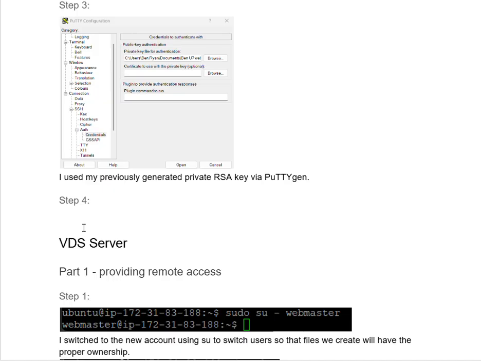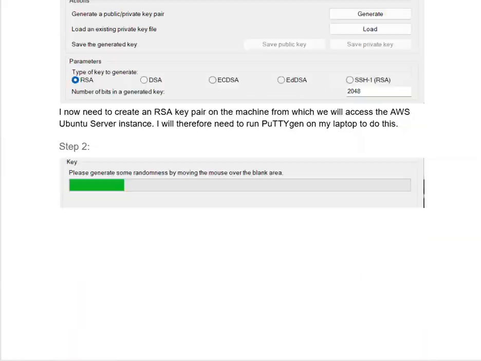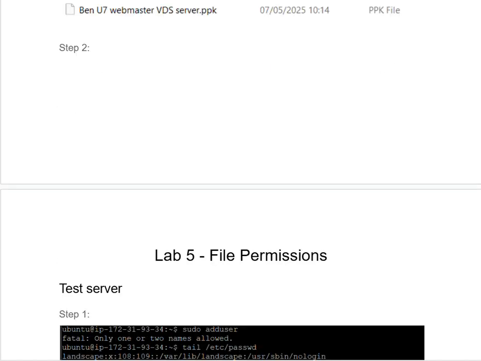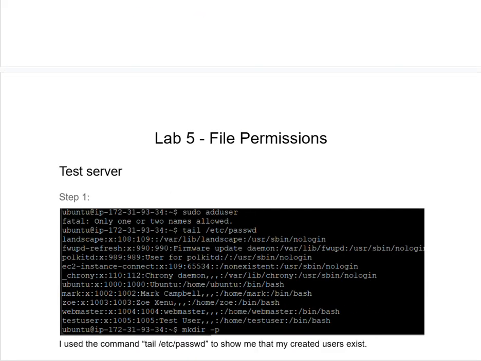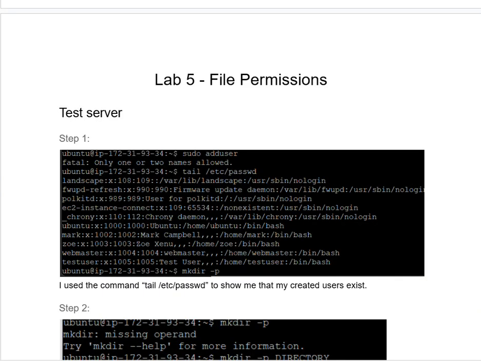I know it's going to take about 15 minutes, but I know that you have a strong attention span. But yeah, that's pretty much what happened. This is just exactly the same steps because there's a test server and a VDS server. But anyway, apart from that, this episode is running a little bit long, so I'm going to cut it off